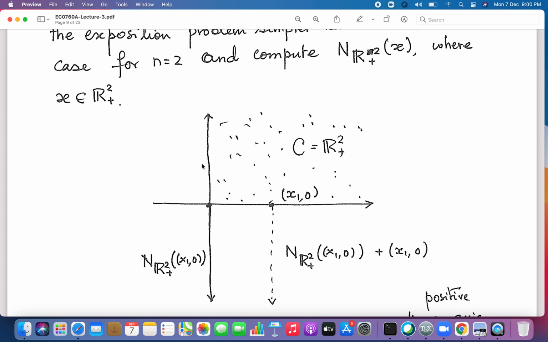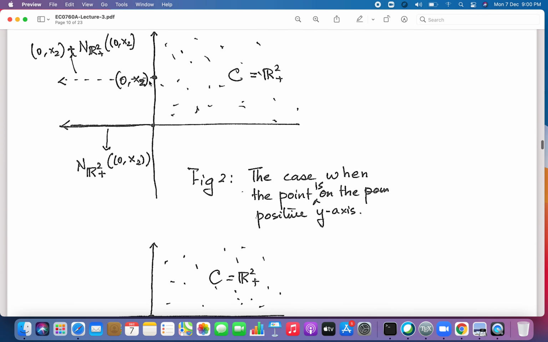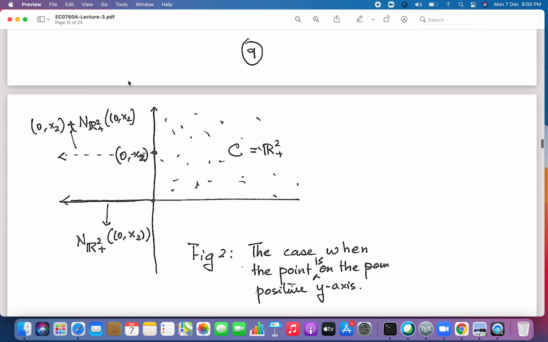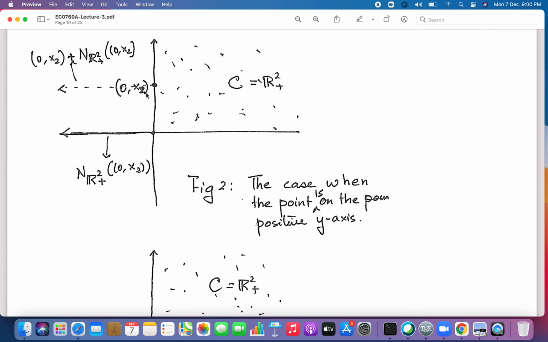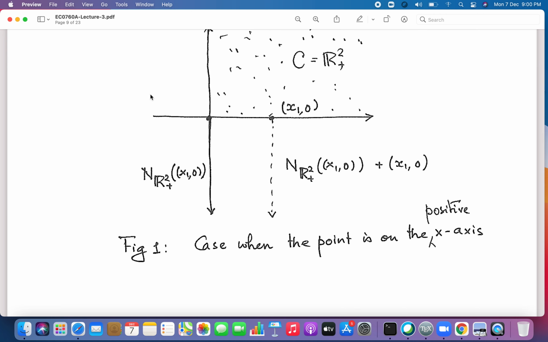Now if you take any point where on the y-axis part of the boundary, first we took it on the x-axis part of the boundary, now we are taking on the y-axis part of the boundary. Of course, you can understand by the picture of the normal cone that you have seen in some earlier lectures, maybe four, five, six lectures ahead. So there you know that this set is nothing but a translate of this cone by an amount x1, 0,